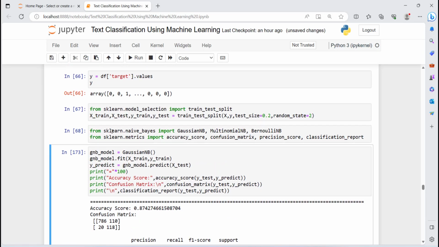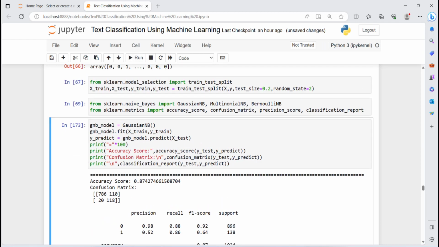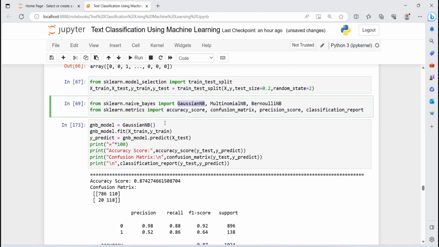After that, we are actually importing the accuracy metrics and performance evaluation metrics here so that we can evaluate the performance. After that, first of all, you have to import, for example, if you take the naive Bayes algorithm, okay? So naive Bayes algorithm has this,